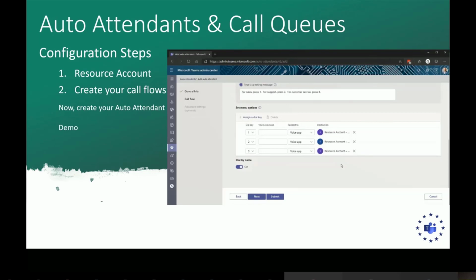And what I've done here as well is I've added in the voice commands. So that's called the sales department. So sales, next one is support. And the third one is customer service. So that when a user calls, for instance, they can say the names as well. And then next.